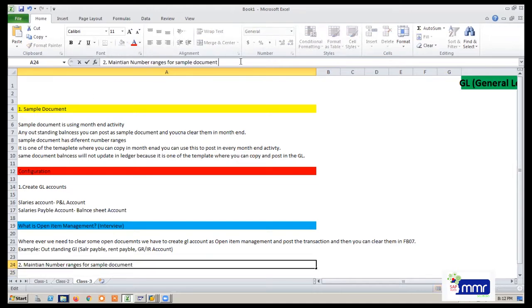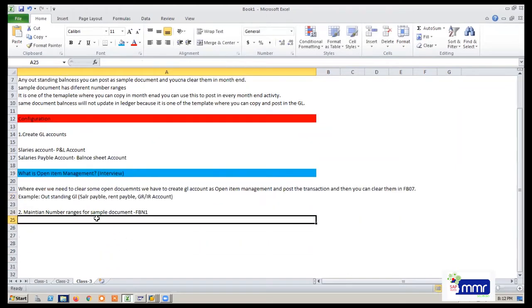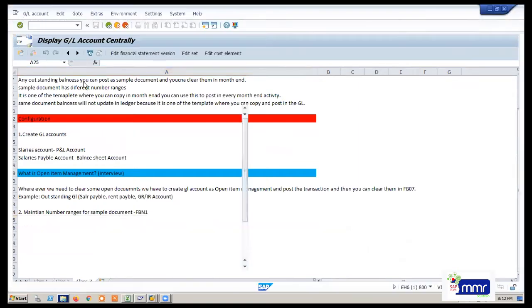This T code is FBN1. You can create the number ranges directly in FBN1, but everyone should know the path. Last time we have seen that path also.